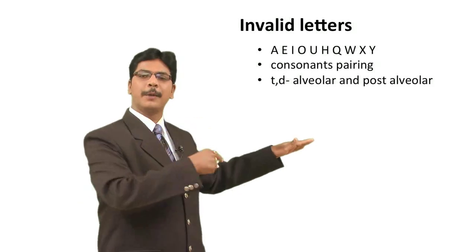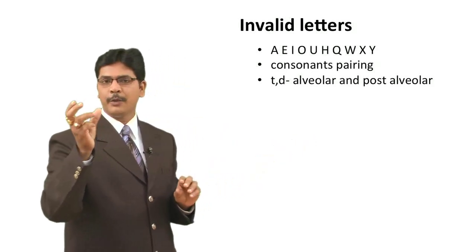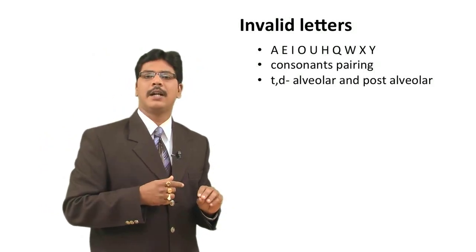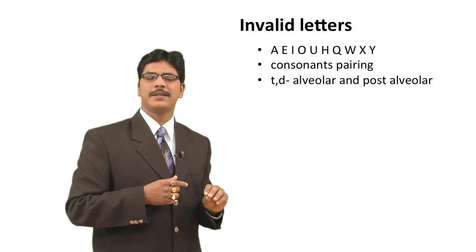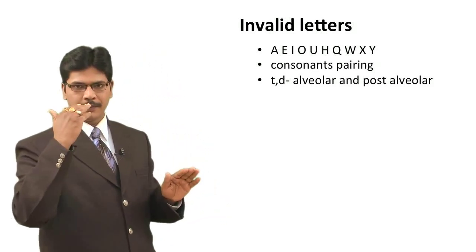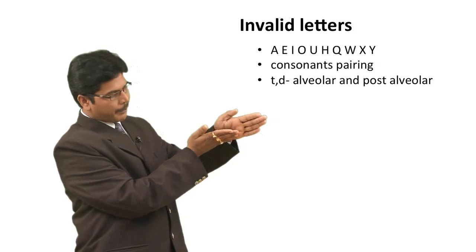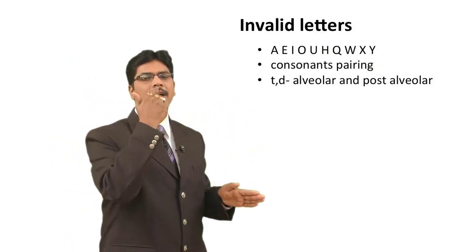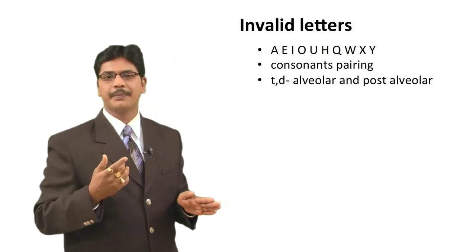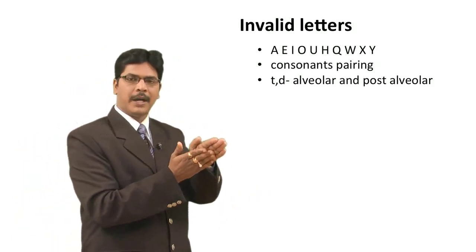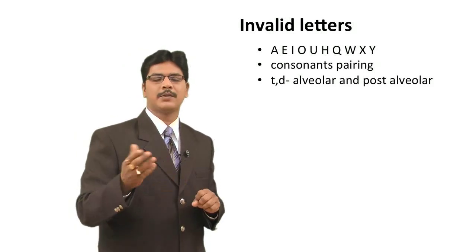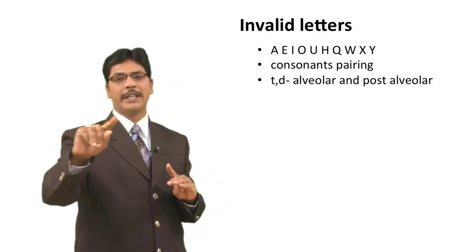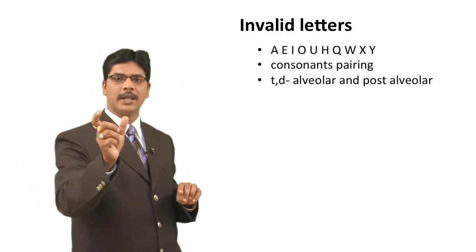That's why they took T and D. Why not T and P? Because of the way you pronounce it in your mouth. Check it out once. You say T and D, and internally in the mouth, the tongue touches the alveolar part, almost the palate. That's called alveolar. It touches that particular part to produce the sound. So that's why T and D come from the same line, and that's why number 1 is T and D. Why not T and R? Because both sounds are alveolar.